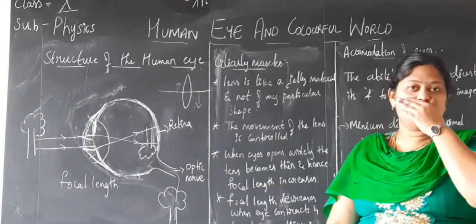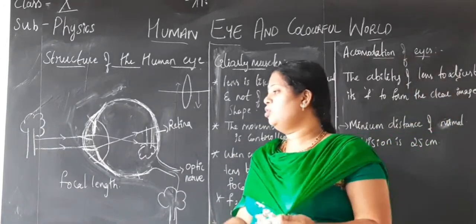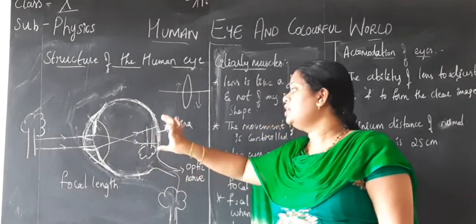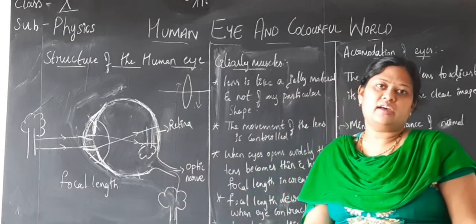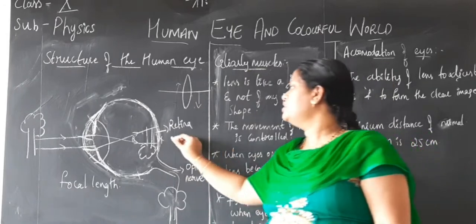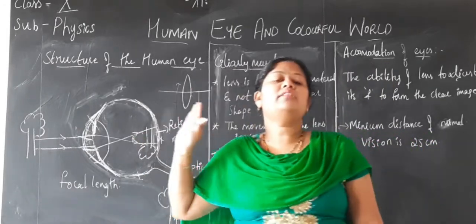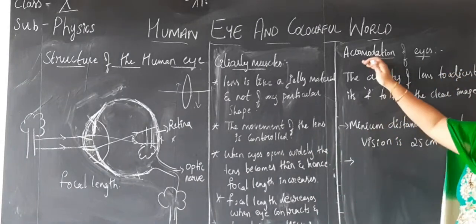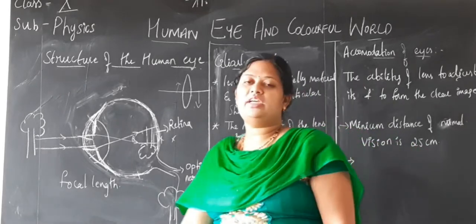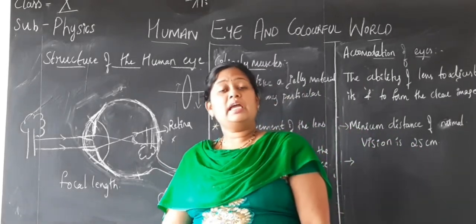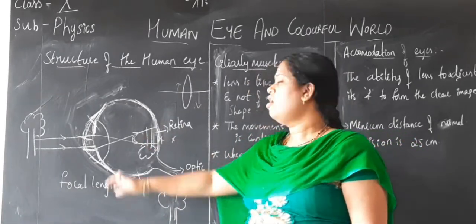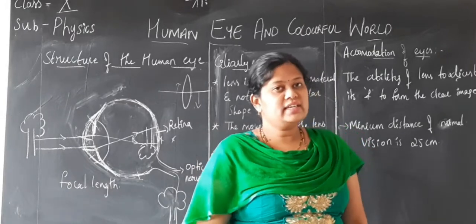the crystalline lens which is present in our eyes has so much capability that it will adjust its focal length itself and make sure that the image is always formed on the retina. It is not falling inside the retina or outside the retina, but it is clearly falling exactly on the retina. So this process is called accommodation, that is, the ability of the lens to adjust itself is called accommodation of eyes, children. There are a few cases where the image is formed inside the retina, or in a few cases the image is formed outside the retina.